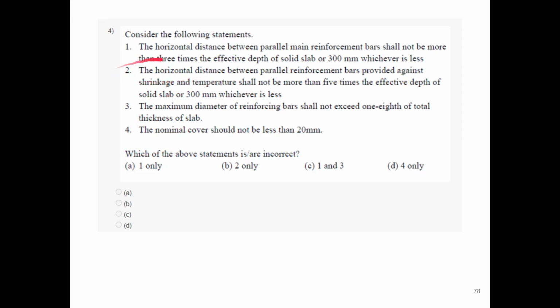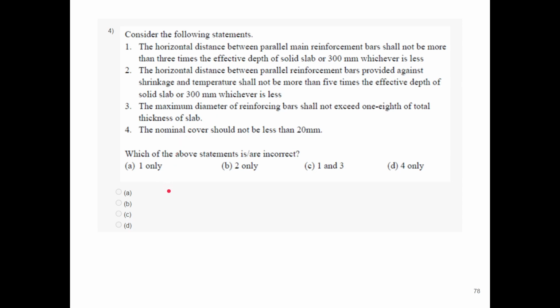Fourth question. Consider the following statements. One, horizontal distance between parallel main reinforcement bars shall not be more than 3 times the effective depth of solid slab or 300, whichever is less. Two, the horizontal distance between parallel reinforcement bars provided against shrinkage and temperature shall not be more than 5 times the effective depth of solid slab or 300, whichever is less. Three, the maximum diameter of reinforcing bar shall not exceed 1/8 of total thickness of slab, and